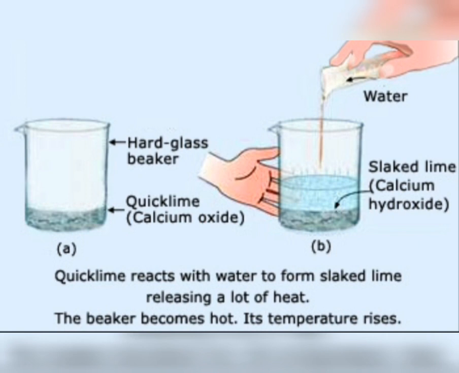And students, during this reaction, a product is formed that is called slaked lime. Slaked lime is the common name for calcium hydroxide. Remember this: lime or quicklime is the common name for calcium oxide, and slaked lime is the common name for calcium hydroxide. Okay, and during this reaction, heat is produced. Those reactions where heat is produced, heat is released, are known as exothermic reactions. Exothermic means heat producing reaction. Since in this reaction heat is released, so this is an exothermic reaction.